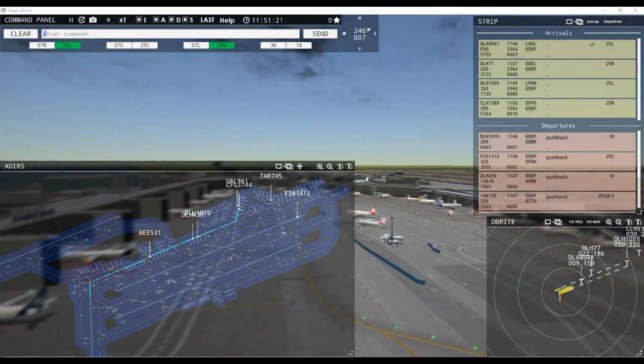Continue taxi Condor 3744. So immediately we are noticing, compared to the first video, that there's a lot more ground action